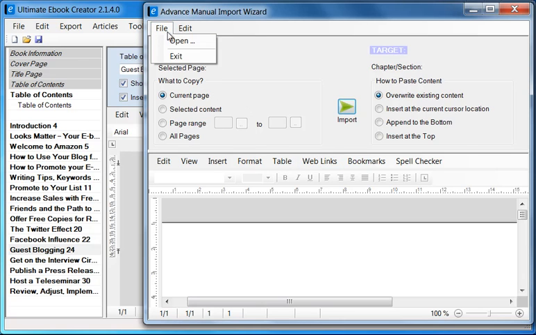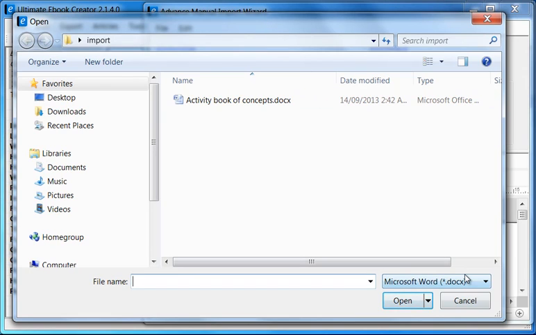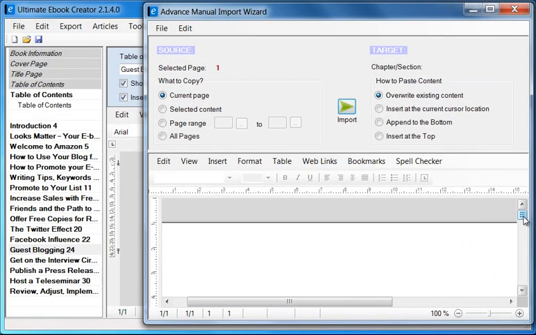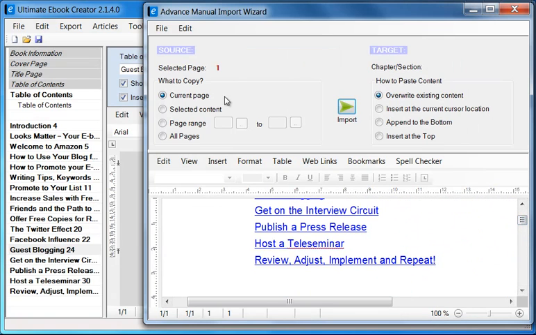We'll go File, Open, and we're gonna open the same document that we opened before. So here's my document. I'll click Open, and what happens is that document actually gets imported into here. Now this is a manual way of doing this. So what I'm gonna do is,